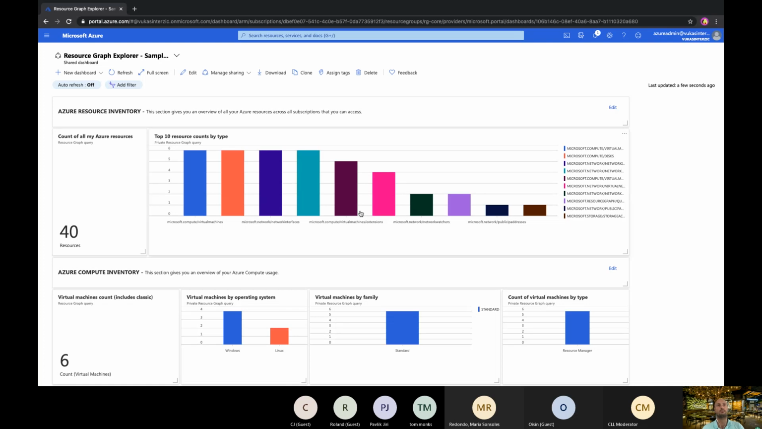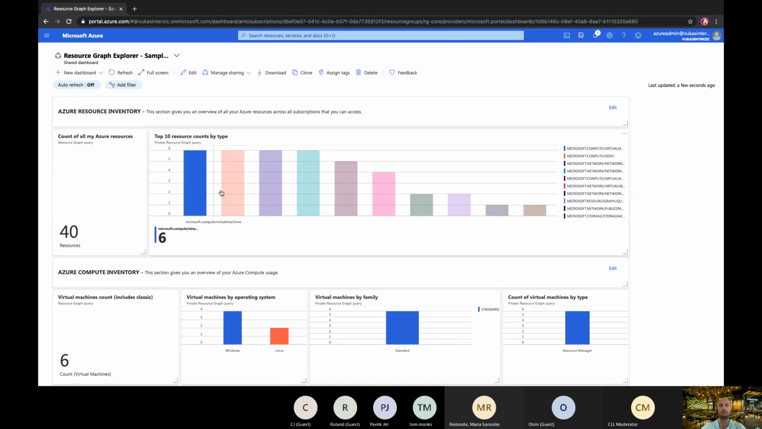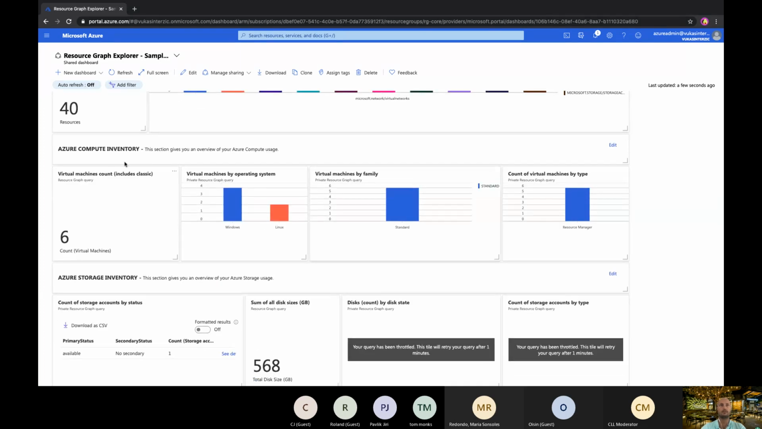It's called Resource Graph Explorer Sample Dashboard 01. You can find this on GitHub if you search for that name. And this is actually a JSON file that you import here, but the results are based on the Azure Resource Graph. And you can see how powerful that is. Basically, it starts very nicely, shows you total 40 resources by resource type, then compute inventory. You can see that you have Windows and Linux,